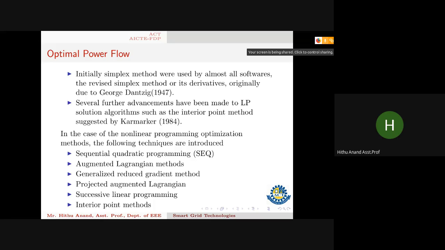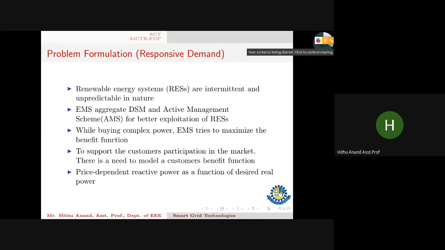And there are other mathematical algorithms like sequential quadratic programming and augmented Lagrangian methods. All of these are able to solve the optimal power flow, and I believe the interior point method is more emphasized. If we understand this mathematics, then we can find the limitations of such methods, and those limitations can be overcome easily by evolutionary algorithms like PSO and genetic algorithms. So I just wanted to touch upon the mathematics.